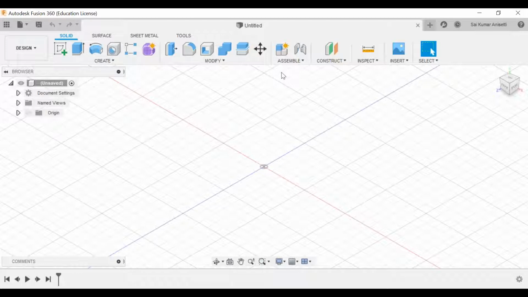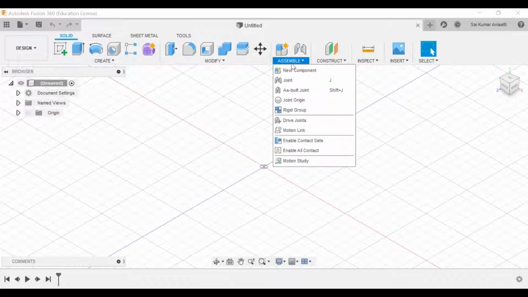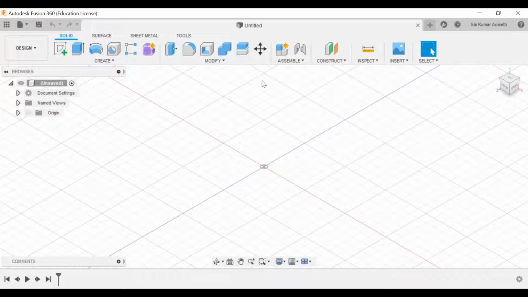So in other softwares, when compared to Fusion 360, you need to create more number of steps in order to fix your component. But in your Fusion 360, the process is quite automated, right? You will see what is the difference. If you have knowledge on other softwares, then you can compare that. But in Fusion 360, it is very easy to assemble a component. It is highly automated and cut down to very few steps. Okay, so let us see.